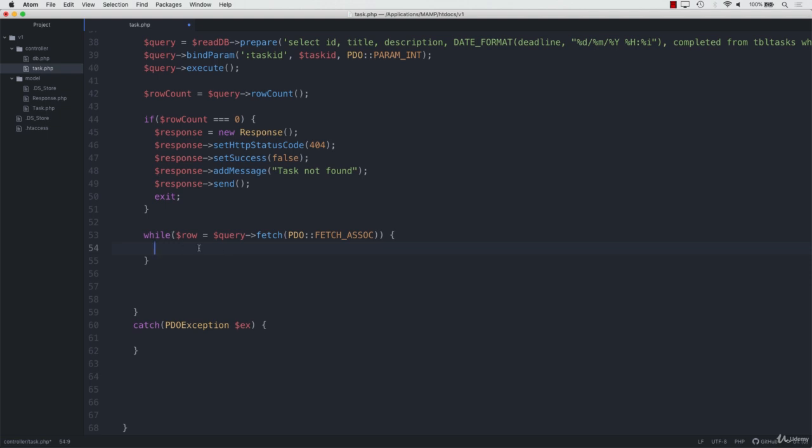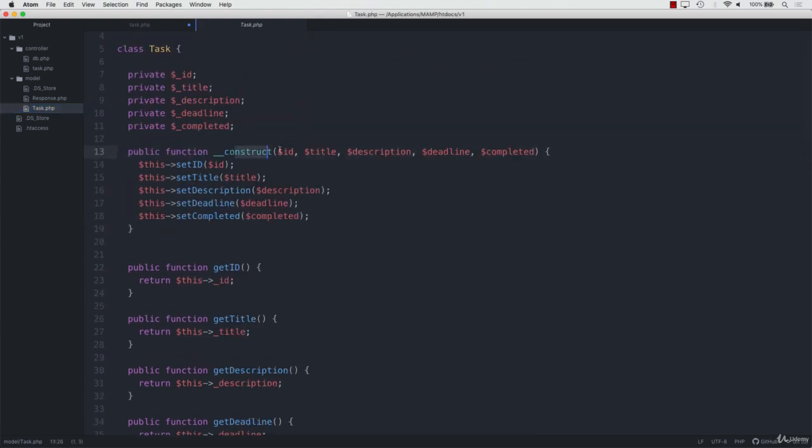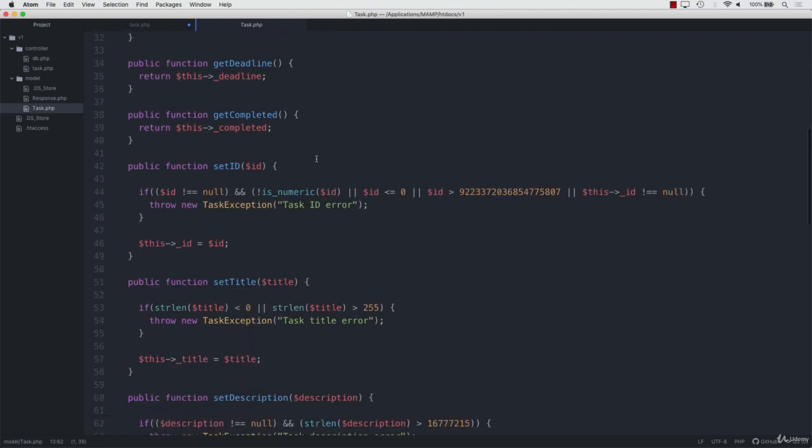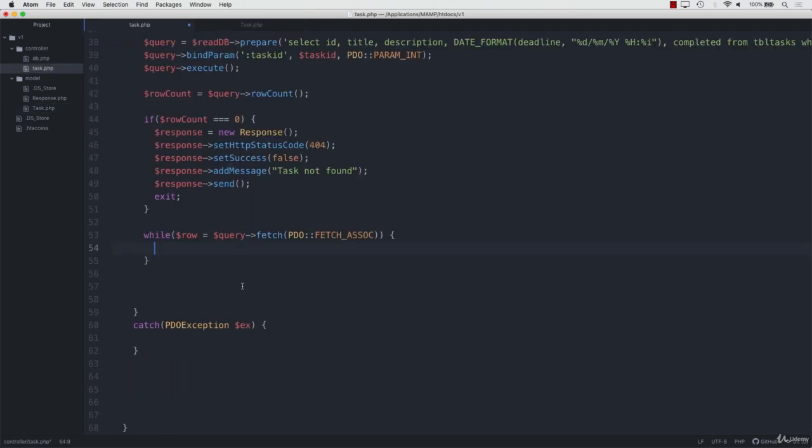So now that we've got the values, we need to create a task from that. Now remember, we've got a task model. So we should just be able to use the new task basically and pass these in. Now what that should do is do all our validation for us. But to be fair, the stuff in the database should be valid values because they went through this method to get in anyway. I know at the beginning we inserted stuff just to get this bit working, but you'll see later on that if we try and create a task and provide strange or invalid data, then we should get errors back. So the first thing we need to do is